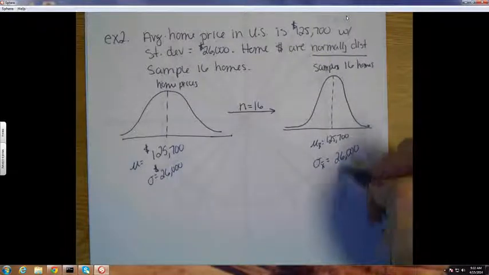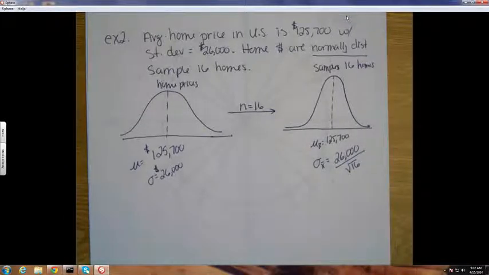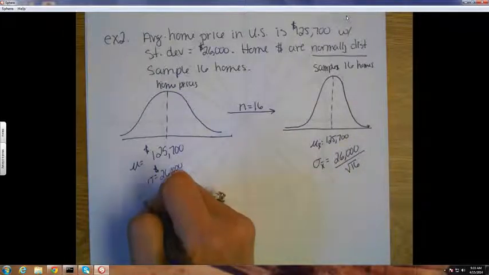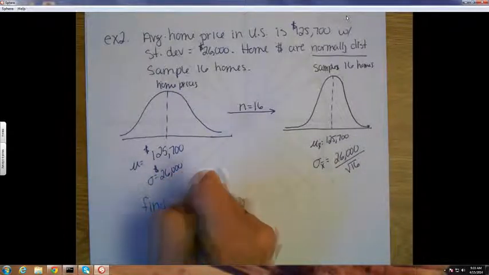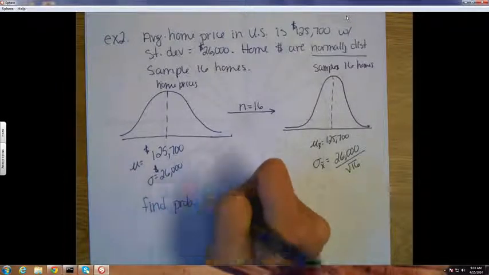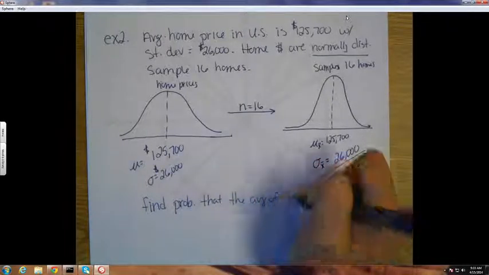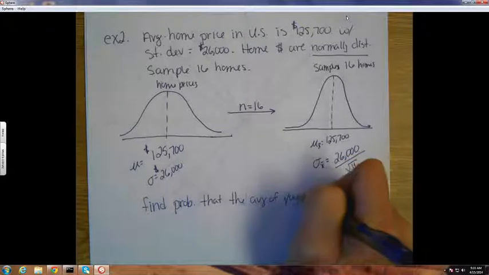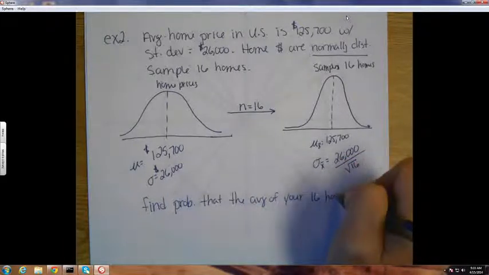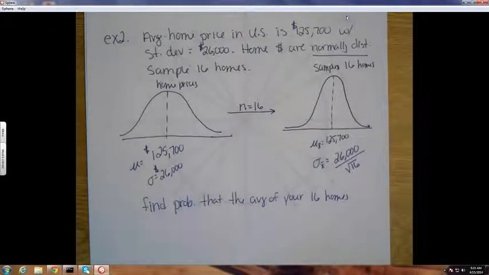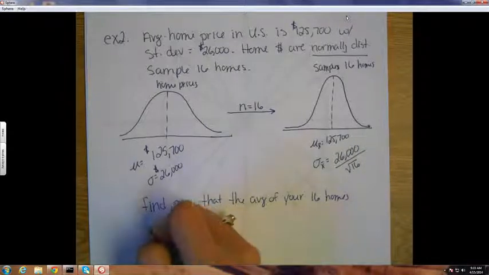Divide by square root of 16. Okay, my one question. What is the probability that the average of your 16 homes is less than